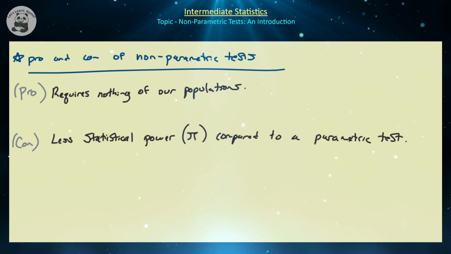Now that we know the general difference between parametric and non-parametric hypothesis tests, let's briefly mention a pro and a con of these types of tests. An obvious advantage of non-parametric tests is that they require nothing about our populations, so that's obviously a good thing, which means we don't have to worry about our sample coming from a normal, or our sample could come from a heavily skewed distribution, such as an exponential or a log normal distribution. It literally could come from anywhere, and our non-parametric test will still be providing us accurate results,